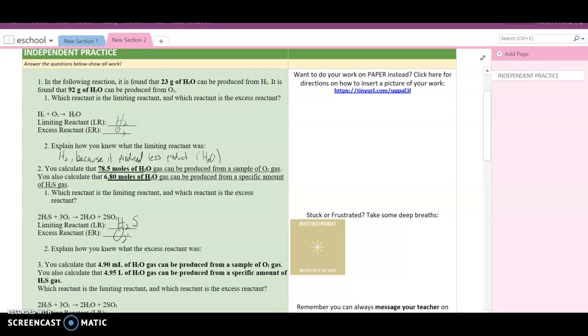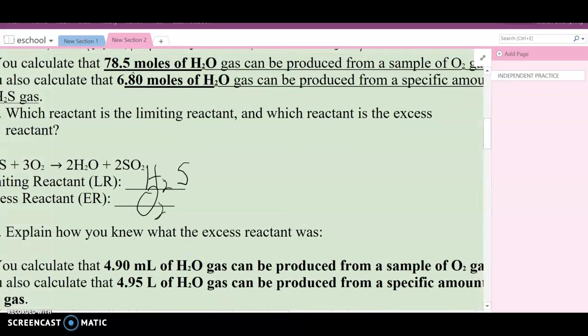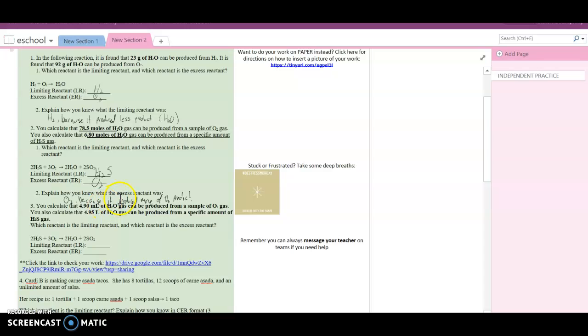How do I know that my excess reactant was O2? O2 because it produced more of the product. An example of an answer that wouldn't be very good is